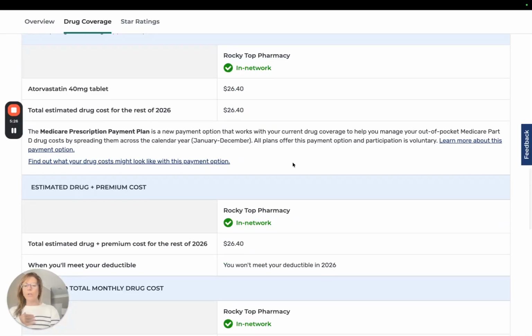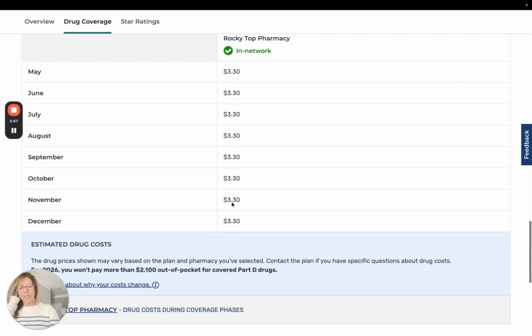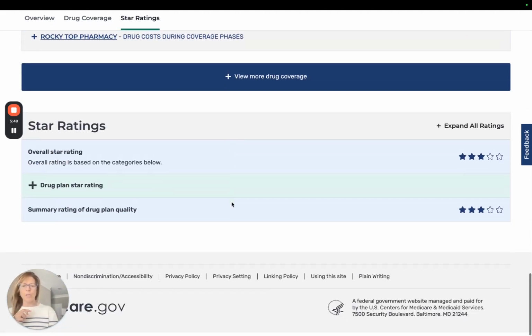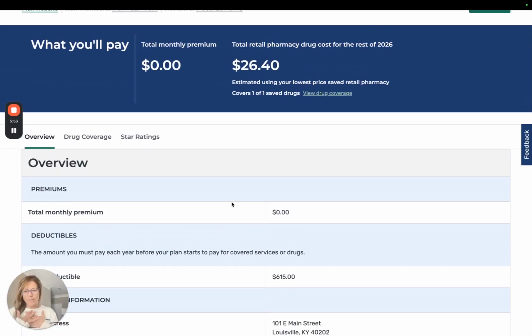Okay. Also, it's always going to assume that your effective date is the month after you're putting in this information. So if you aren't starting your prescription drug plan till, say, July, and you're doing this right now in April, it's going to assume that May and June are also getting filled. But you'll notice that the cost is $3.30 for that particular drug. Okay? Keep in mind, all of these plans cover at least 2 drugs in each drug class, and I see no need to get the Mac Daddy prescription drug coverage,